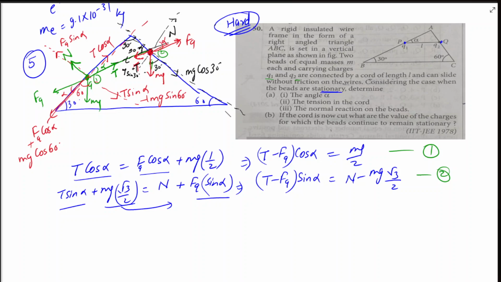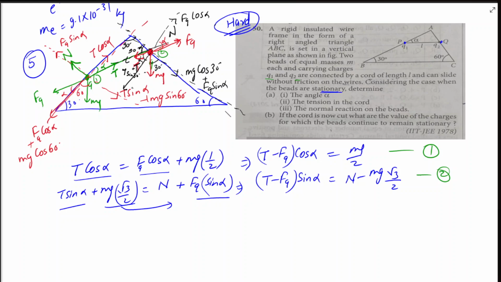So the component of FQ will be FQ cos alpha here, and here FQ sine alpha, right? So we have resolved mg, but have we resolved tension? No, we have not resolved tension, right? So this must be alpha. So tension's one component here will be,